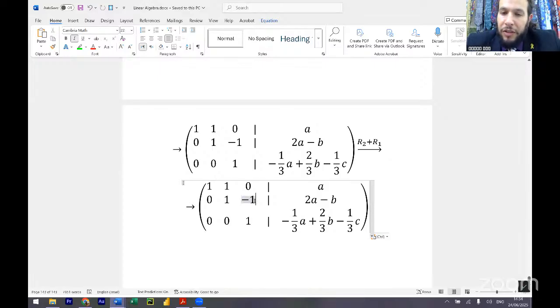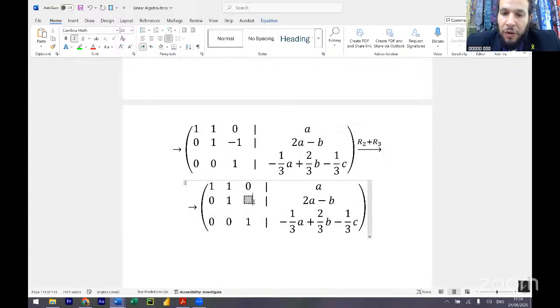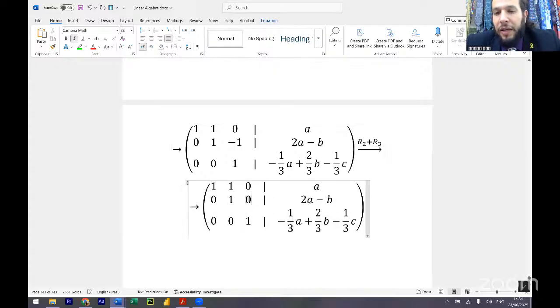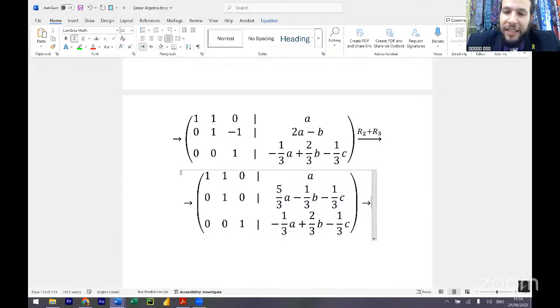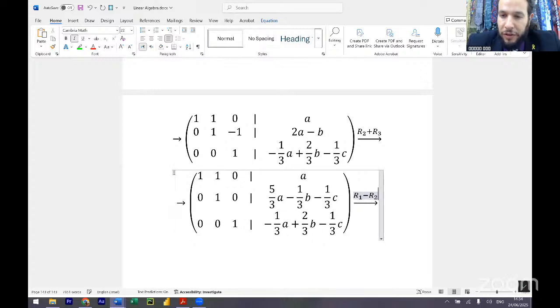So R2 plus R3, sorry, I wrote R1 plus R3. So this is 0, and here, 2a plus minus a third is 5/3 of an a, minus b, that's a minus third of b, and minus a third of c. And lastly, above R1 minus R2, and we get to